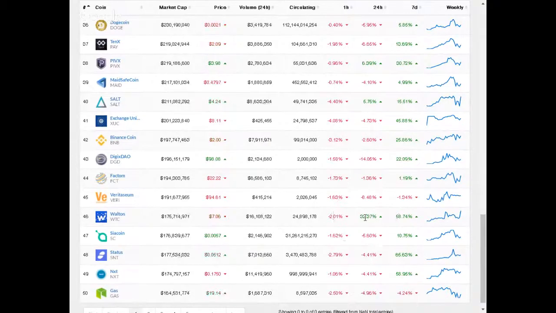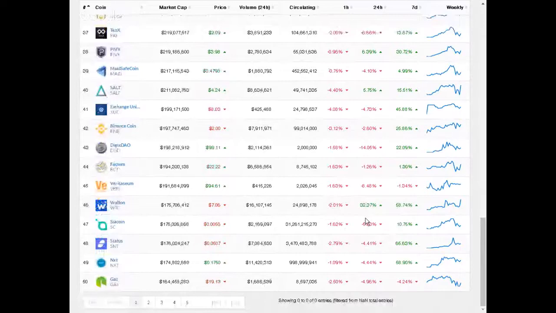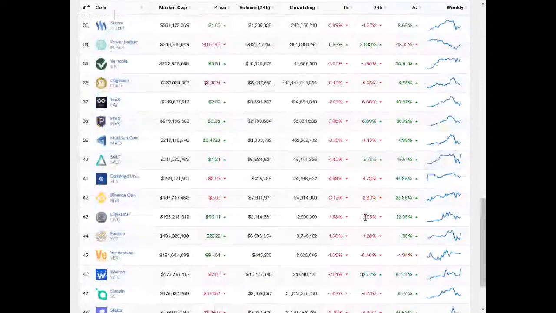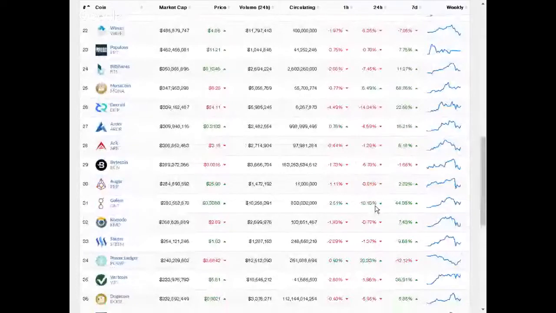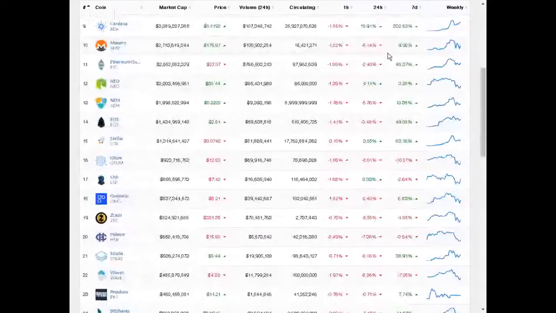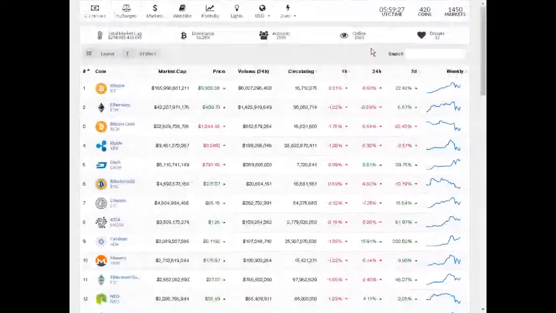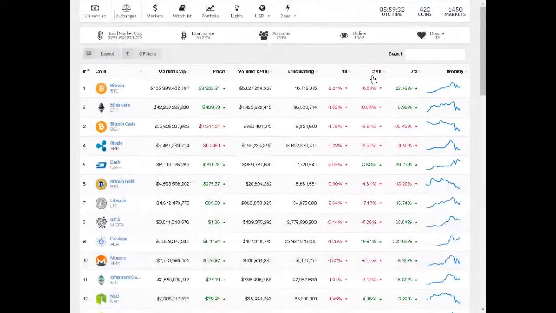So Walton Coins, another one. People just chase coins all the time. That's all they do. So there's only a certain amount, and you could tell by the ones that are moving. If you just look in a 24-hour period, those are the ones that money's being moved into. So Dash is probably one of them.